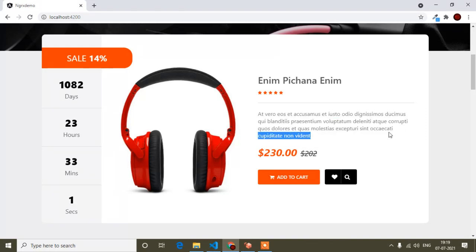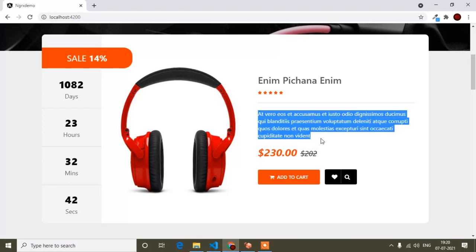So that time we can use a custom pipe, and here is the pure JavaScript method called substr. I will use this method here. I can write the pure JavaScript method and that will work fine, but here I will use this method through a custom pipe, because suppose here is one text and I want to do that, I can use the pure JavaScript substr method.